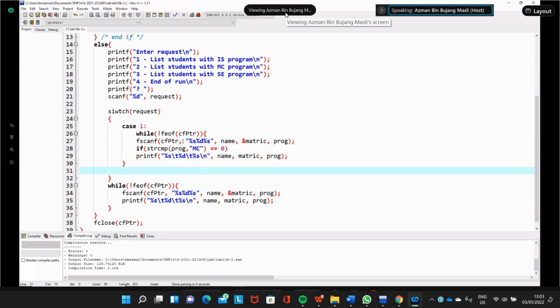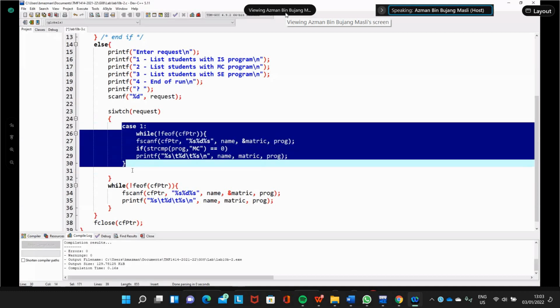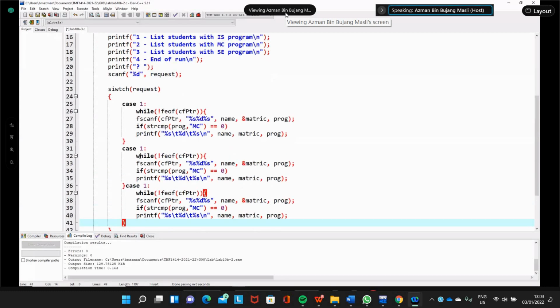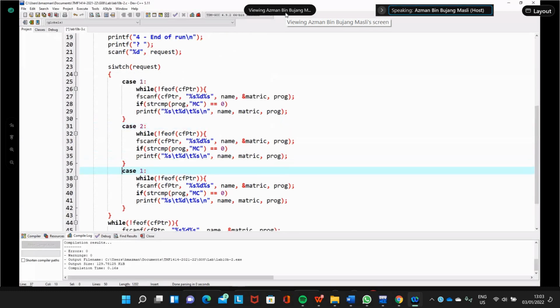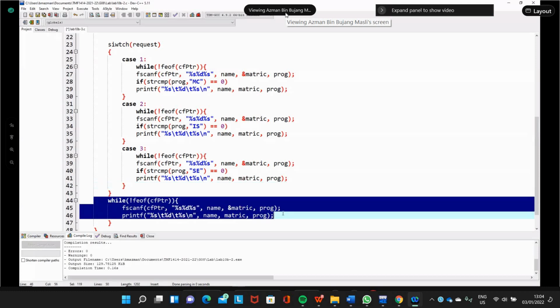Can we do this or not? String compare, we just do it like that first. Later on, if we get an error, then we can change it. This is number 2. This is number 3. This is IS, this is SE. So this one we delete.